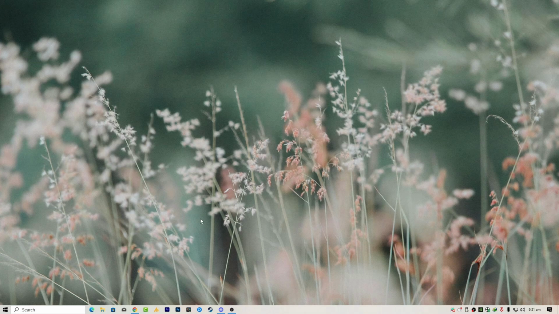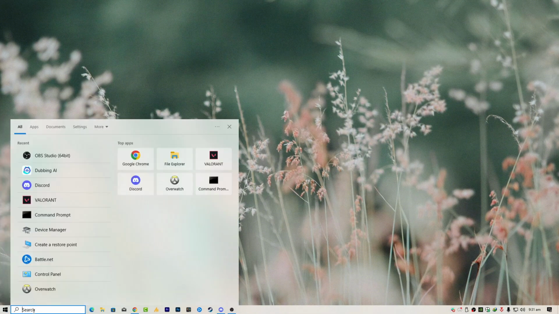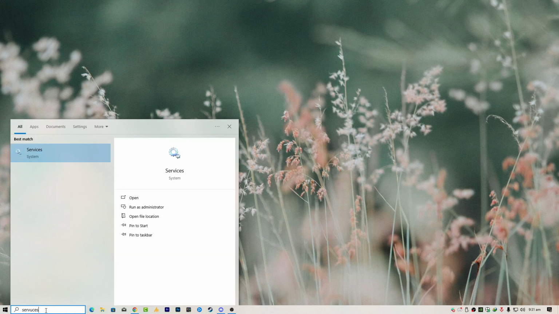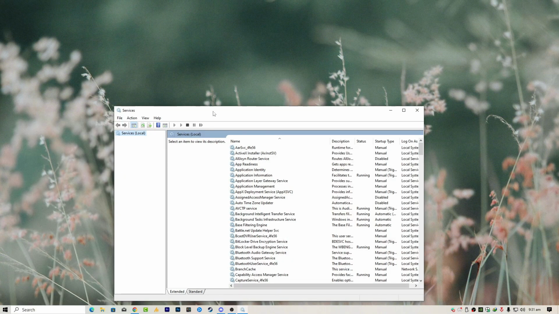Now my first solution is for those who might be facing this issue suddenly without applying any settings. What you can do here, guys, simply click on the Windows icon, then click on the search icon and then search here for services.msc and then hit enter to open the services.